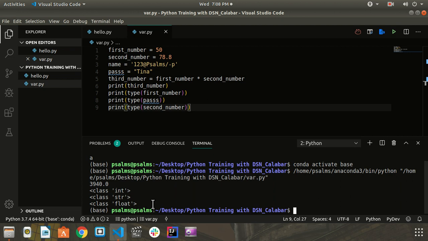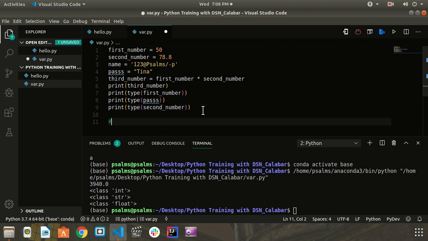All right, so I believe that with this you have been able to grasp the concept of what data types are and what variables are. So I'm just going to give you an assignment on variables and data types, and I'd like you to do that assignment and test run how well you've been able to understand this particular lesson. So I'm just going to use what we call comments. I'll talk about comments later and write that. So your assignment